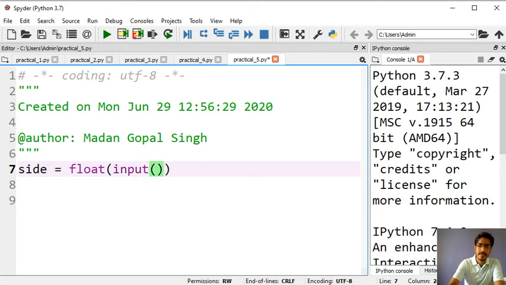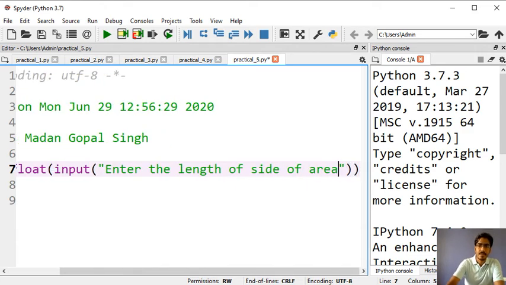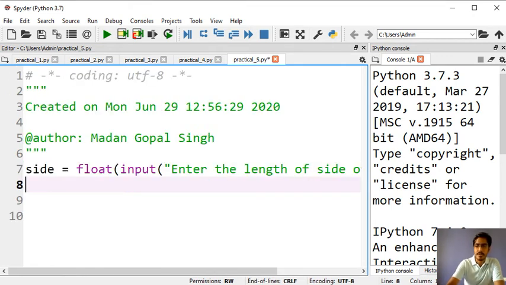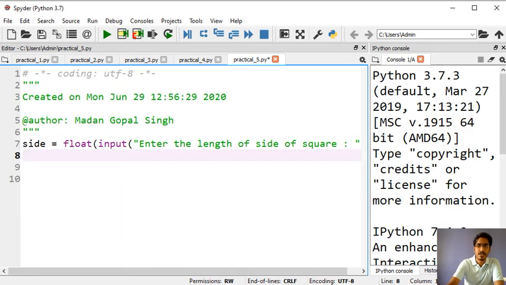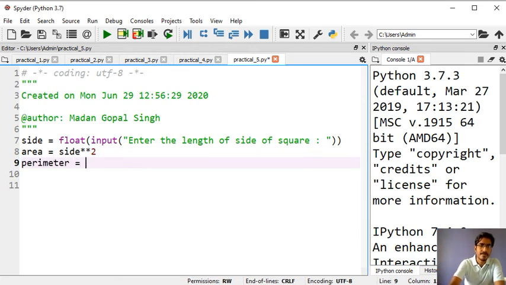So input method, enter the length of the side of square. Then we will apply the formula for calculating the area, that is side double star 2, and perimeter equals to 4 star a, or we can say side, and then we will print simply